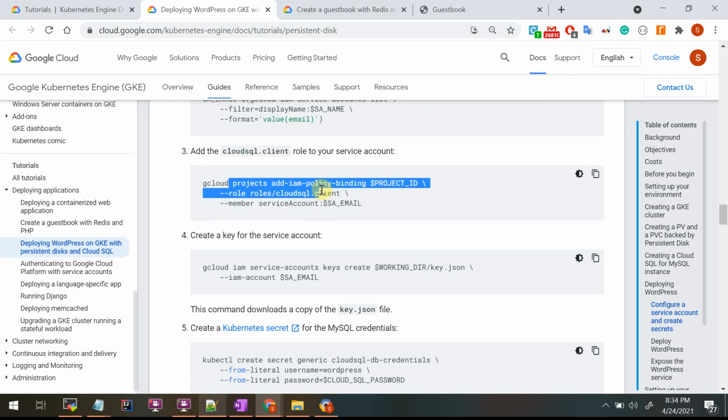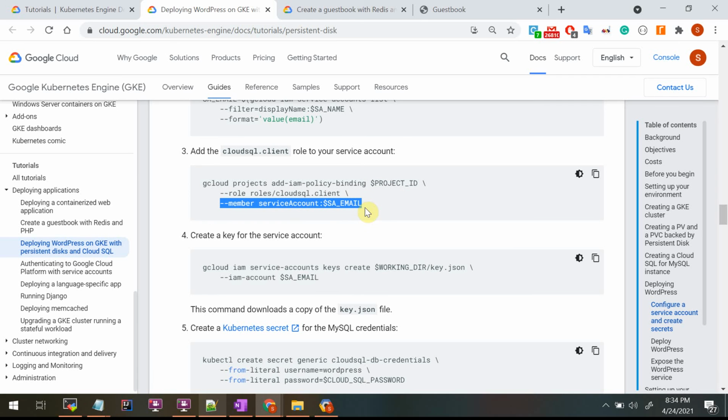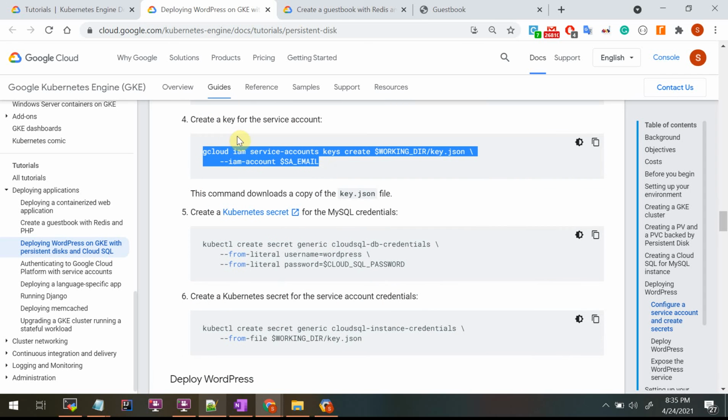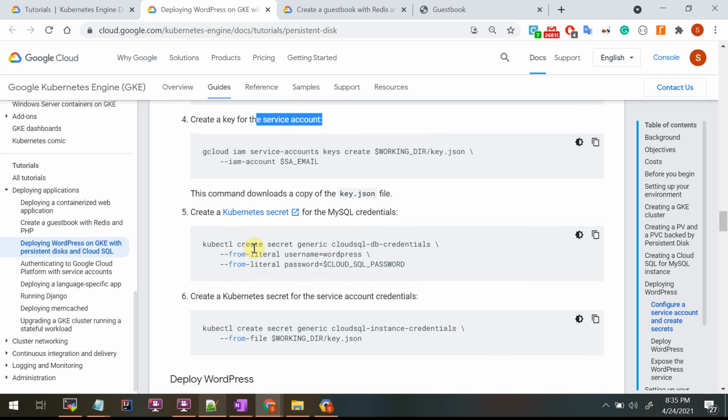So you're creating an IAM policy. You need to create a policy, and also you're giving a role. So for this email, it is the service account that you created. Basically, you are authorizing the user ID to talk to the DB. So standard IAM stuff. And then create a key for the service account. At this point we get a key. So the output that you get is the key for this service account. So you'll use that key